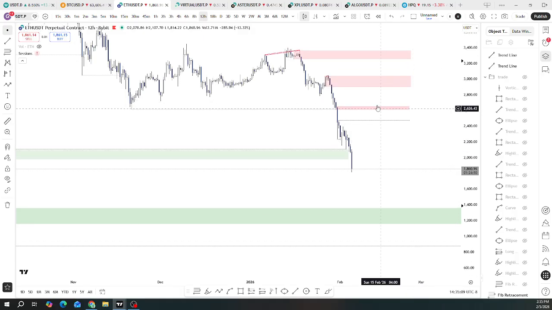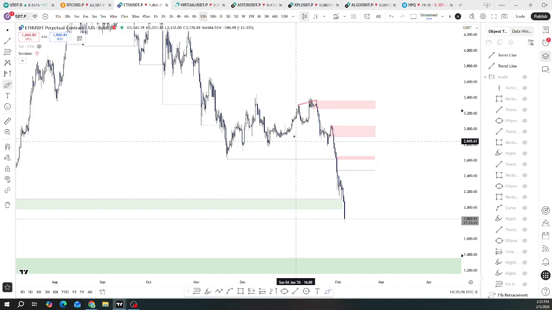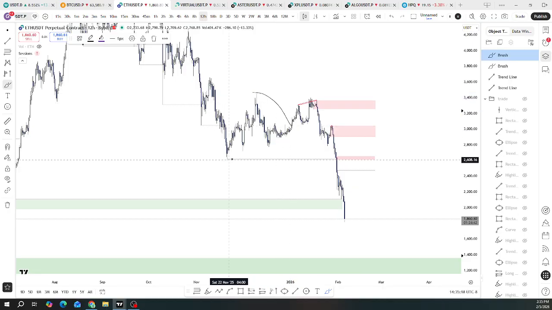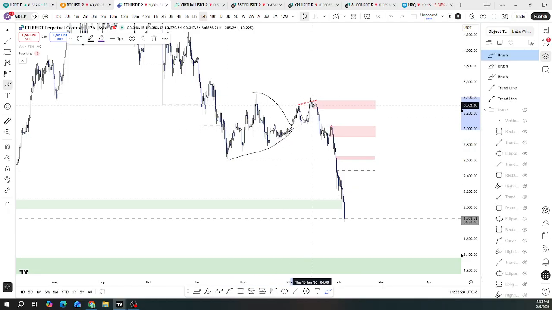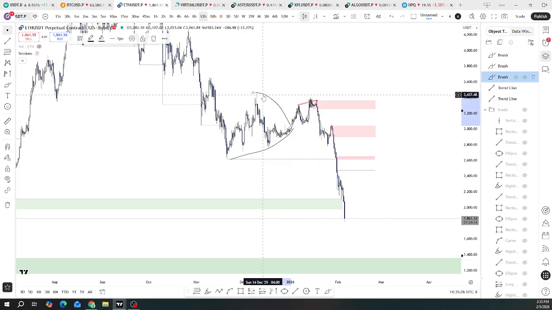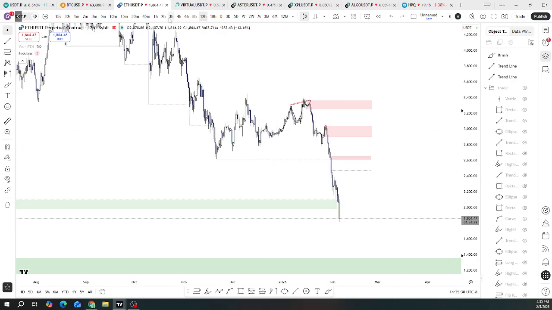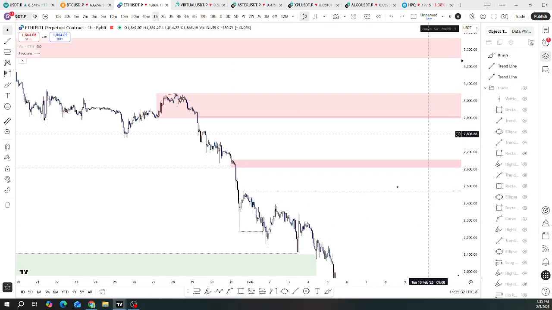Zooming in on the lower time frame, you can see we were expanding it down very aggressively. We had that compression range right here where price was compressing, popped out, got the distribution, first move, fake move, and then got the bearish expansion. So we were expanding, we came into the key POI, and if you go in the hourly time frame,